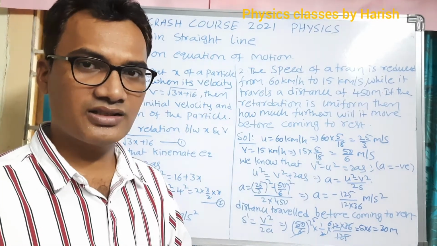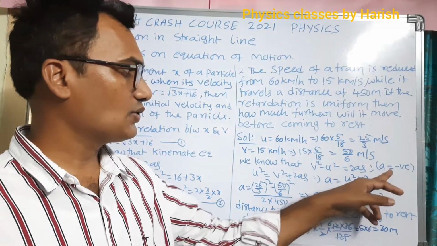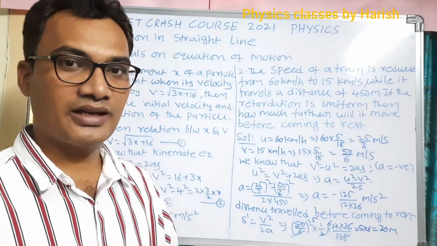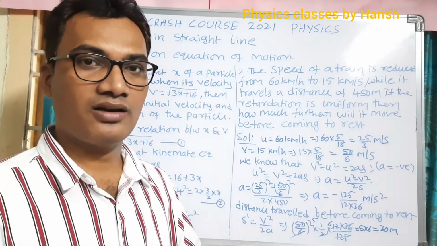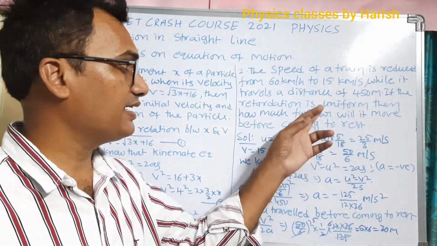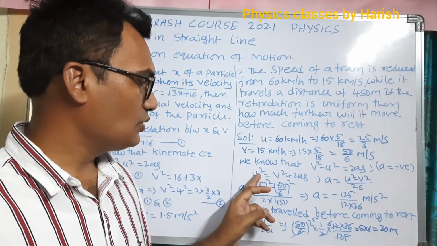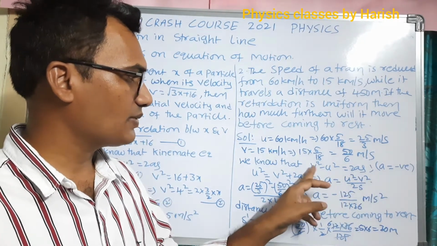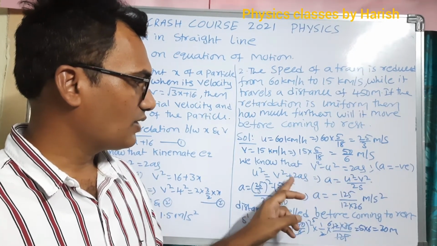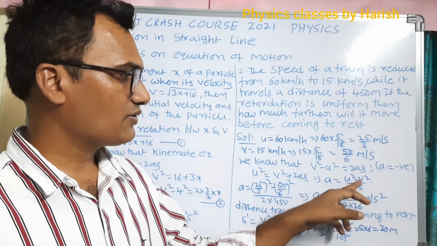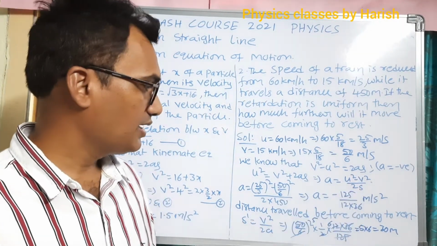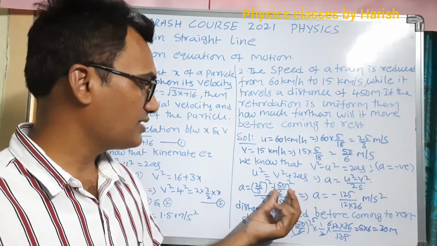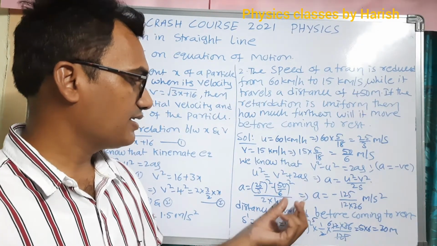As we know the kinematic equation, v square minus u square is equal to 2as. Here a is negative. Why? Because retardation means decrease in speed. The motion of an object which is coming to rest is known as retardation. So v square minus u square is equal to minus 2as, which we can write as u square is equal to v square plus 2as. Then a is equal to u square minus v square divided by 2s. Substituting the u, v and s values here, u is 25 by 3, v is 50 by 6, and s is 450.